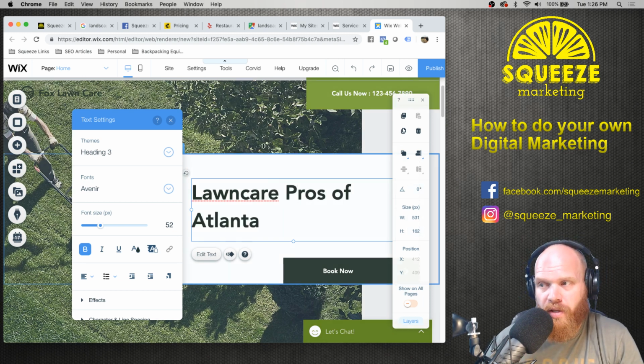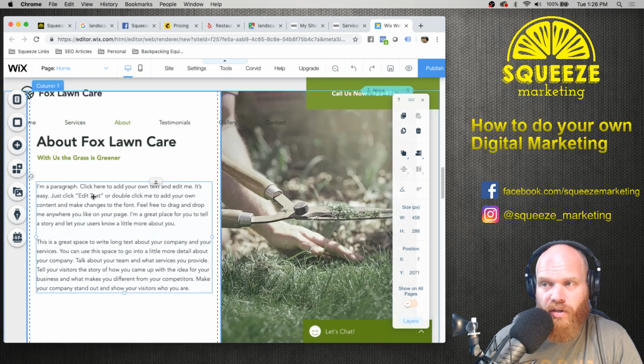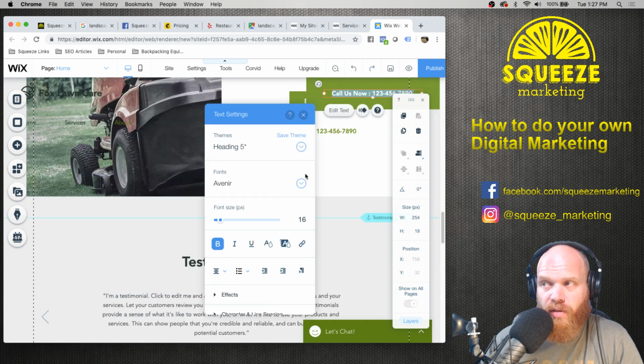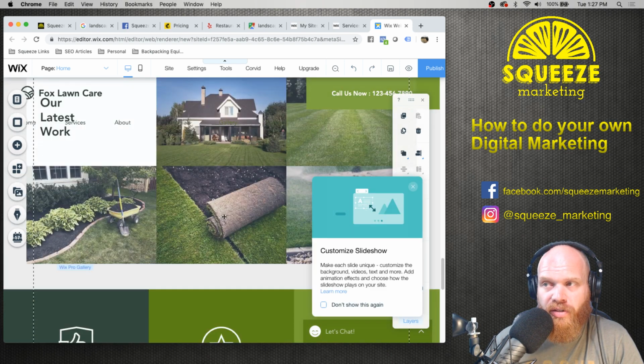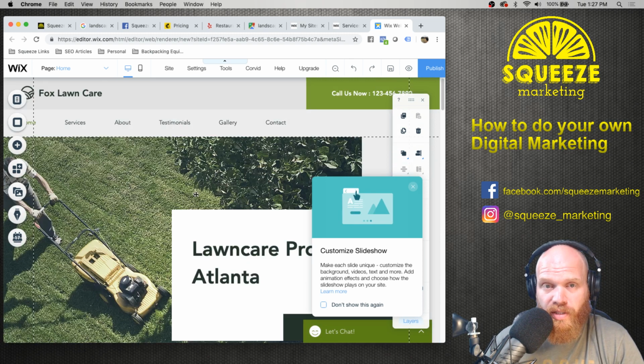Whatever you want to type in there. And so it's pretty easy to get after changing all of these things. You go in there and switch the text around, change the phone number to your number up here, come down, change your address, and change these photos out and make this the best representation of your business that you can.